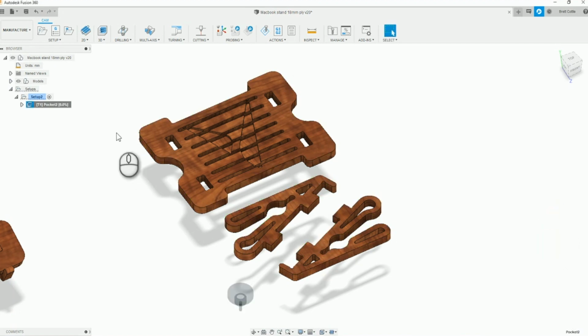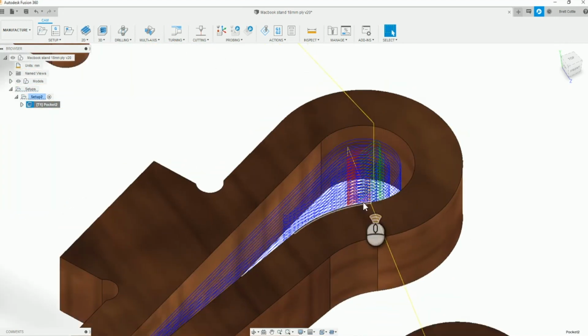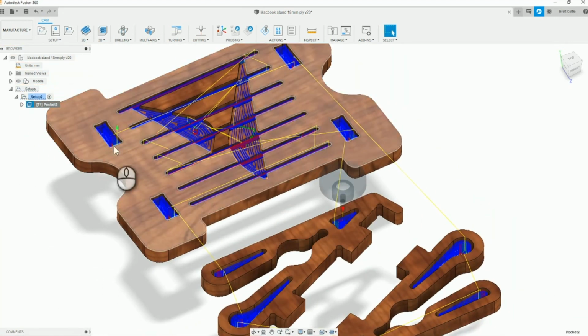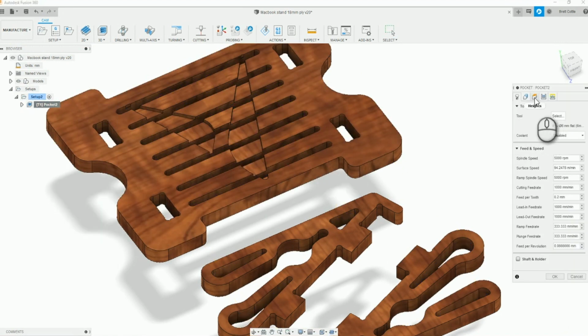Then I'll come here and press OK. We'll see what will happen now. It's looking a bit better. Some very small step downs there. So we'll just come up, and we'll just right click on that toolpath, and we will jump over now to